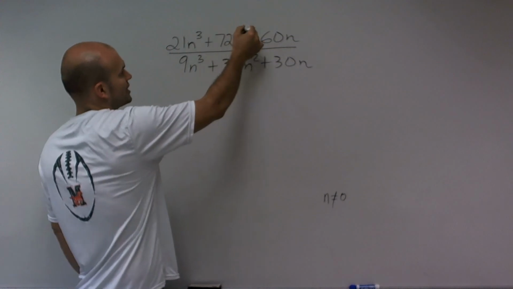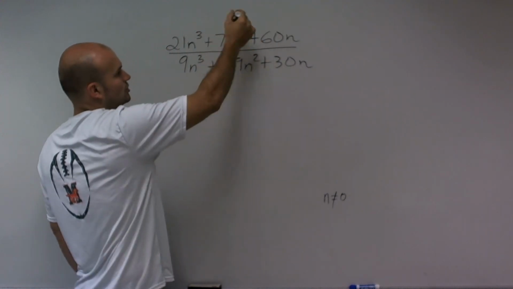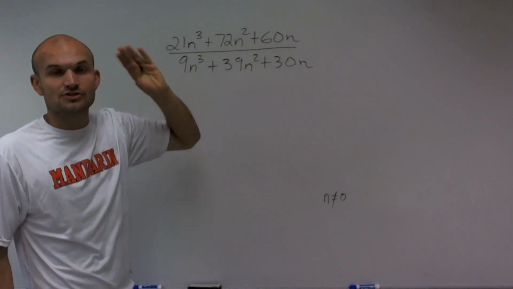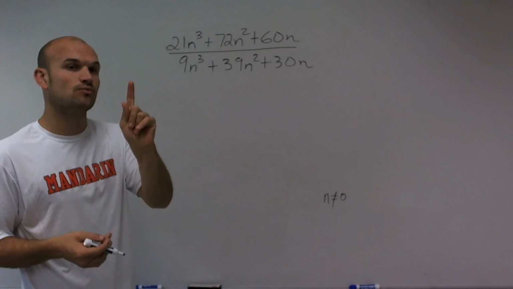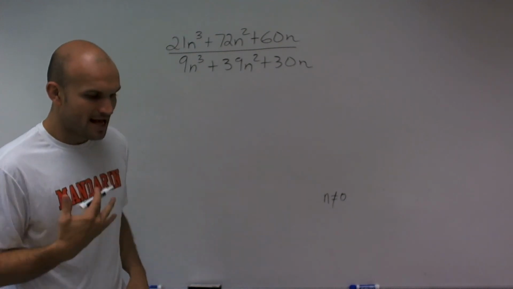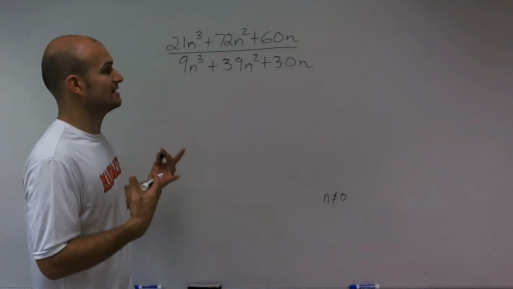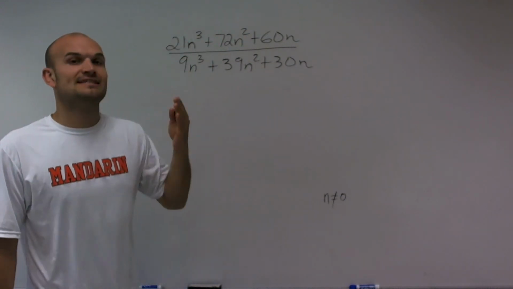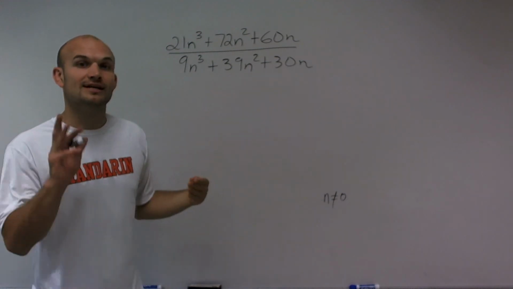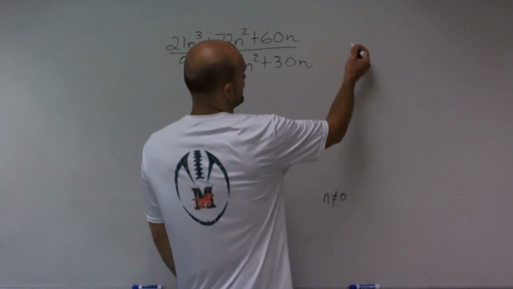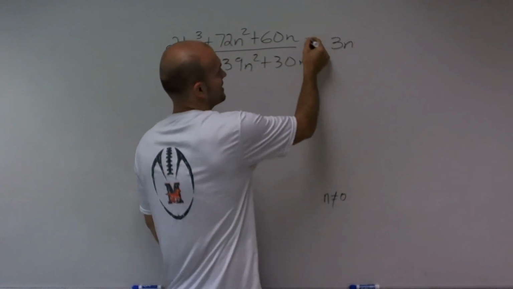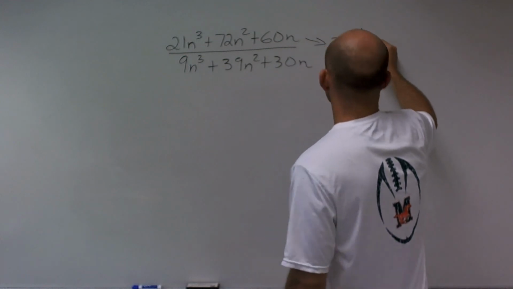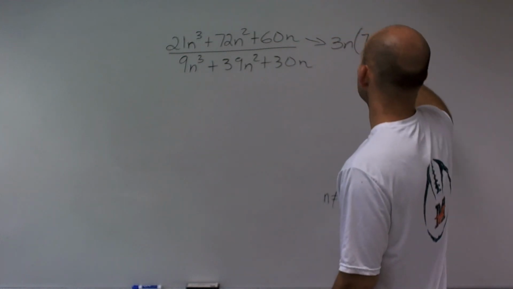Well, you can see they all share an n. Here is n cubed, here's n squared, and here's an n. So the most n's that they all share is just one n. So I can factor out an n, and then I think about what is the largest number that they all share. Well, for 21, 72, and 60, the largest number that divides into all of them is the number 3. So I'm going to factor out a 3n, and I'm just going to do the numerator over here. When I factor out a 3n, I'm left with a 7n squared